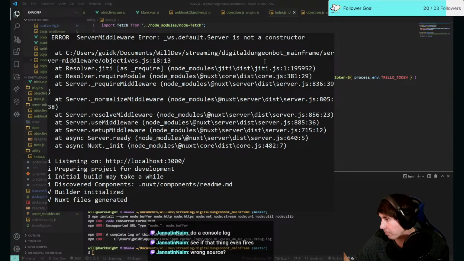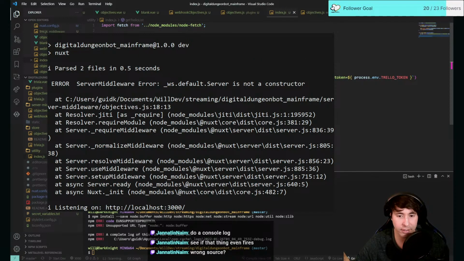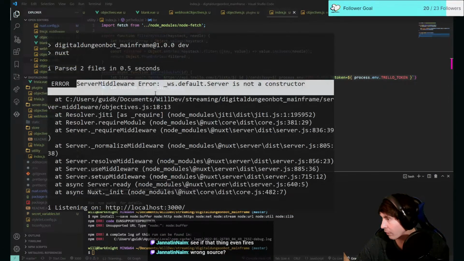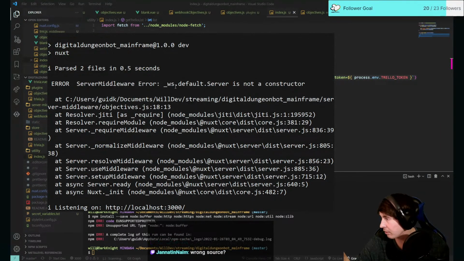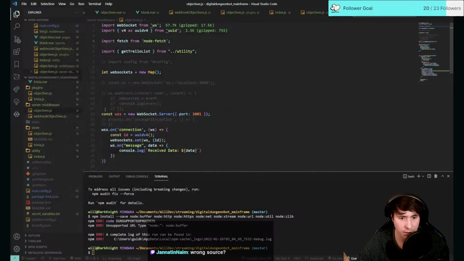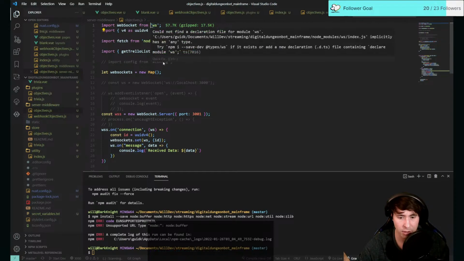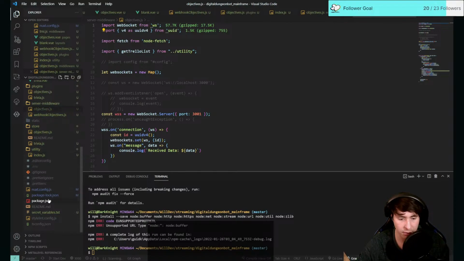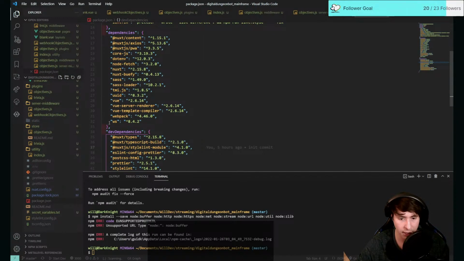Yeah, you can kind of see right here. Well, that's a new error. That's different. So default.server is not a constructor. Server middleware objectives, line 18. Let's take a look at that real fast. Line 18. Oh, what? Did I not? Wait a second. I have WS installed. Something's screwy with my